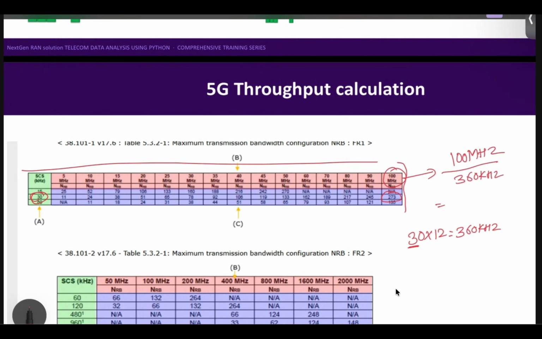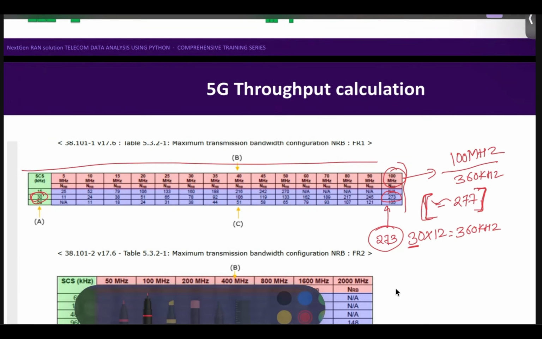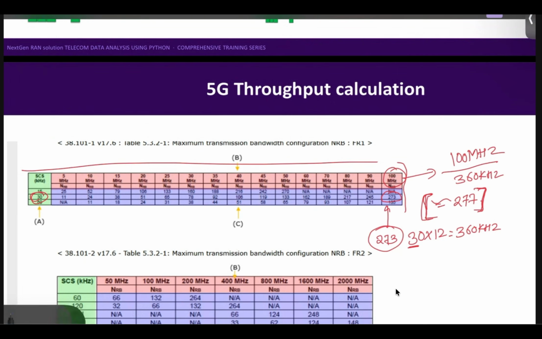This will become somewhere around 277. Okay, approximate. But during our actual calculation, there will be some overhead. There will be some loss. So as per 3GPP, it is considered as 273. As 273. So by this table, what we are able to get is, when you are having a subcarrier of